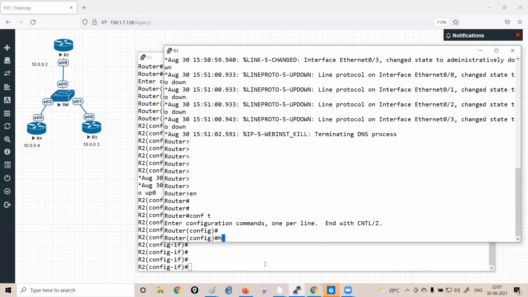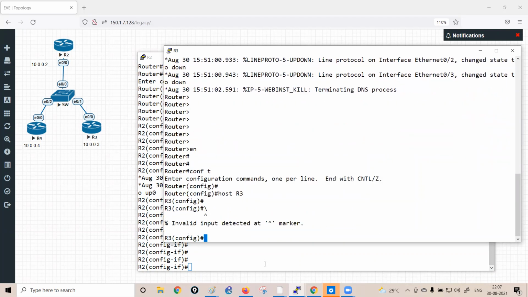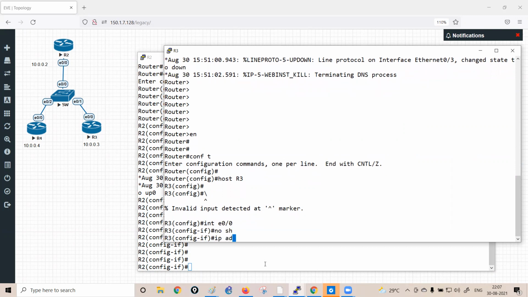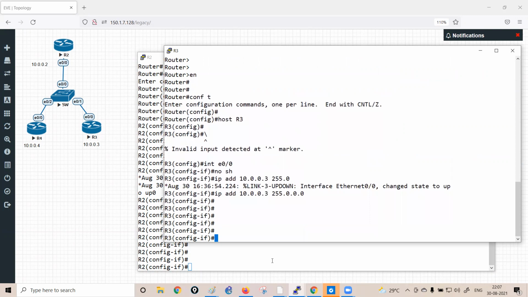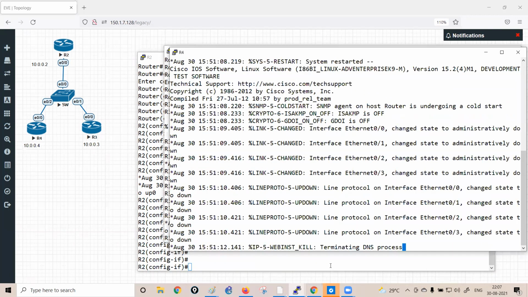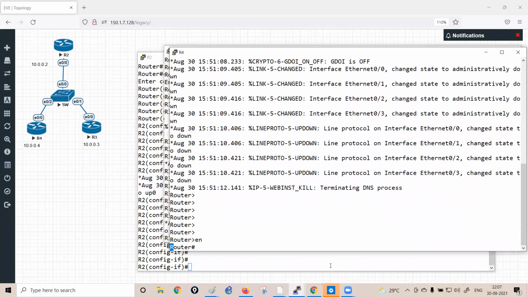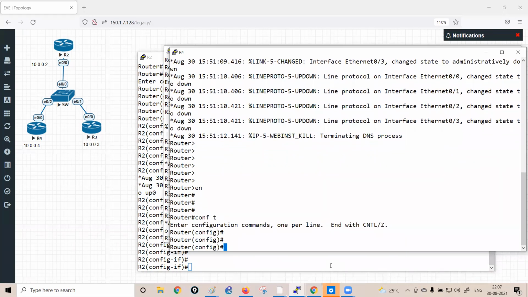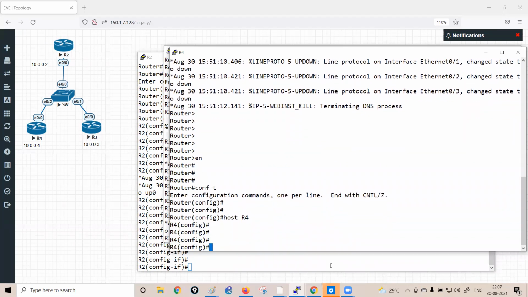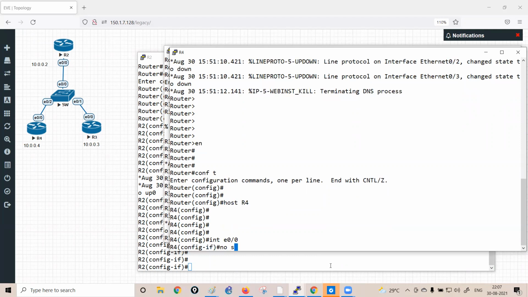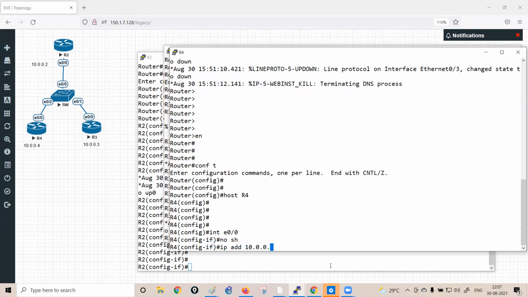Enable, configuration terminal, host name R3, and then interface E0/0, no shutdown, IP address 10.0.0.3, 255.0.0.0. Now move to another router, R4. Enable, configuration terminal, host name R4, interface E0/0, no shutdown, IP address 10.0.0.4,